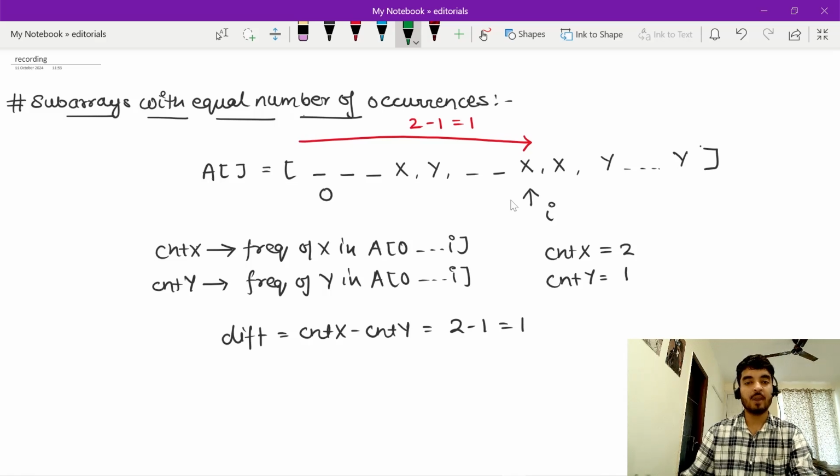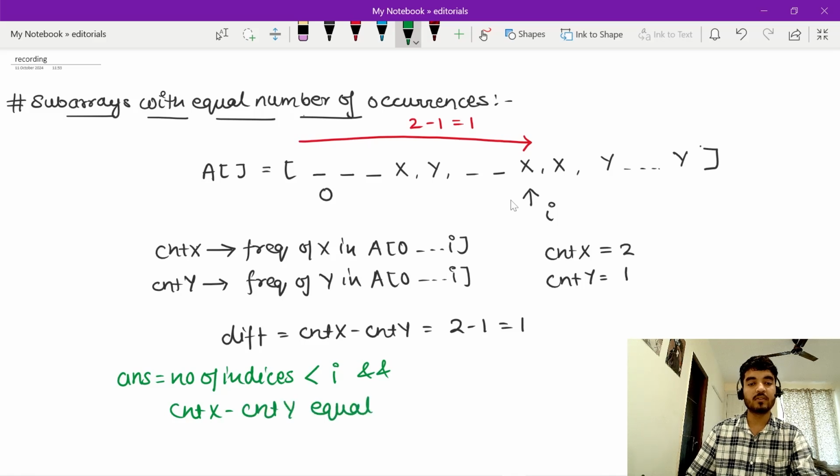So what I'm trying to say is my answer is simply equal to the number of indices less than I having count x minus count y equal to this current difference,